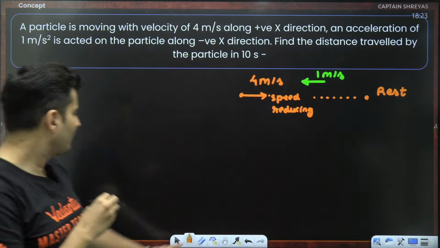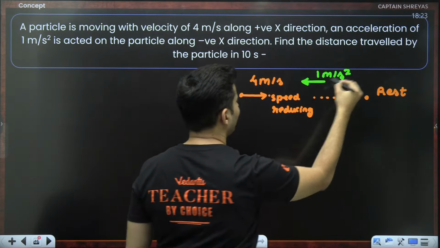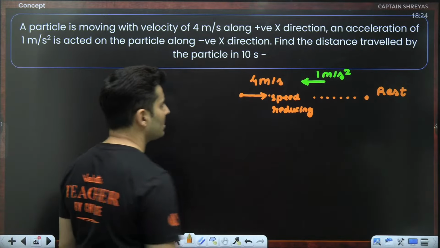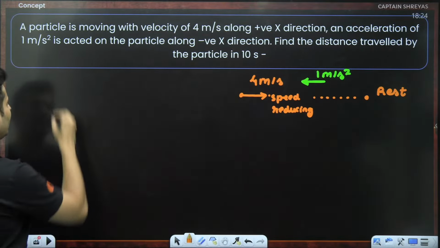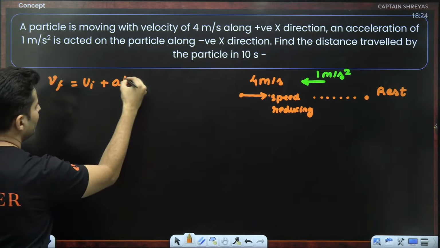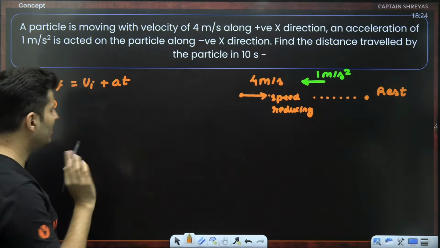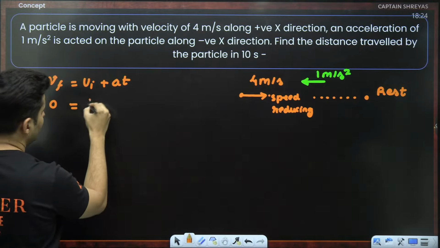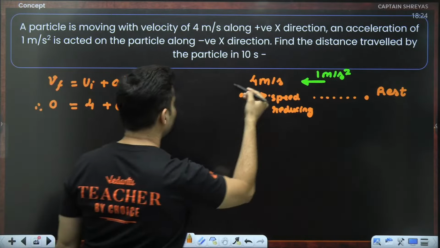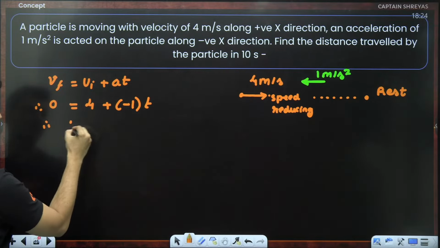I know acceleration, 1 meter per second square. I know initial velocity, final velocity. I need the time. Which equation can we use? I think it should be v = u + at. So final velocity is initial velocity plus acceleration into time. Finally, I'm coming to rest because speed is reducing. Initial velocity is 4 plus acceleration is -1 because it is this way, into time, and whatever that time is, we'll figure out. So therefore, t